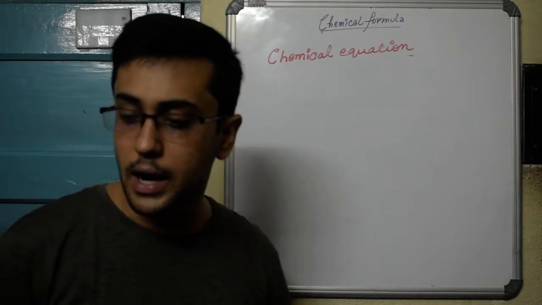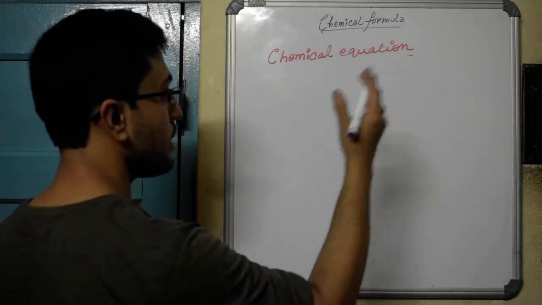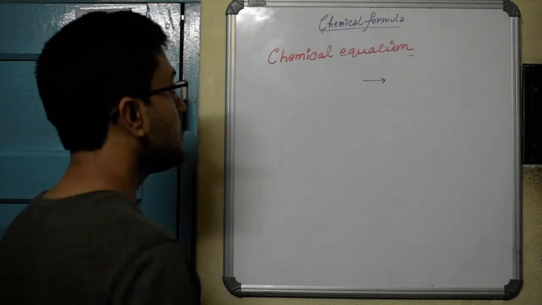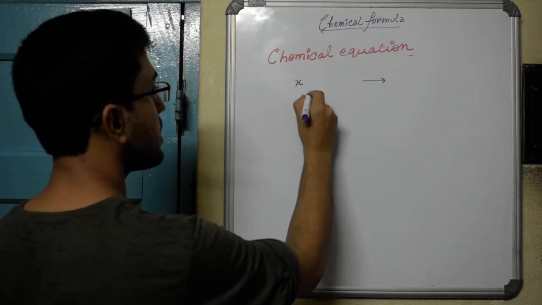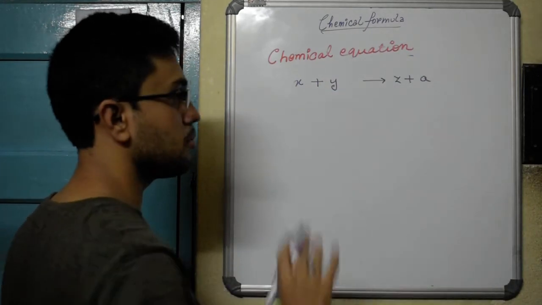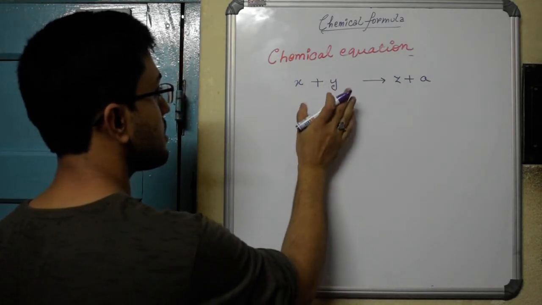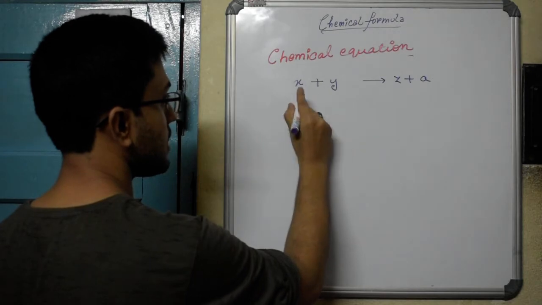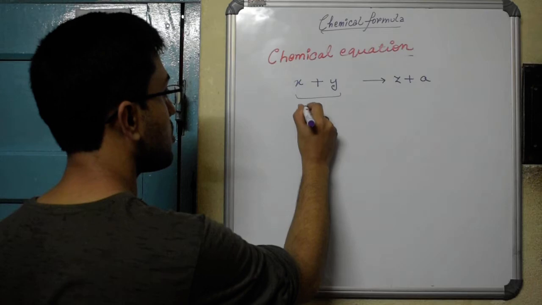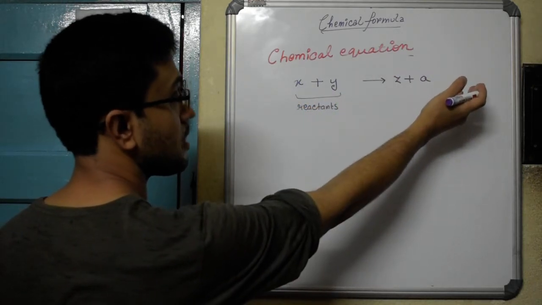First of all, whenever you are writing down a chemical reaction, you might have noticed that there is an arrowhead that you use, like this. On this side of the reaction, say you take a compound X plus Y which gives you Z plus A. Suppose any random compounds. The first thing you need to keep in mind is that on the left hand side of this arrowhead, what you shall have is only the reactants. These are always my reactants. Reactants can never be on the right hand side of the arrow.